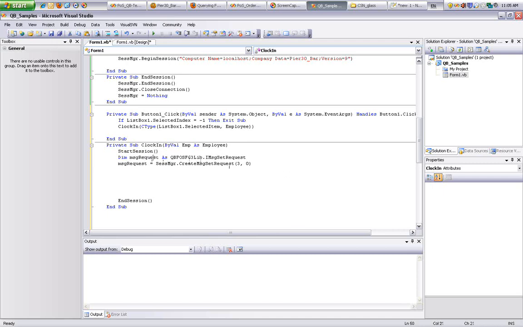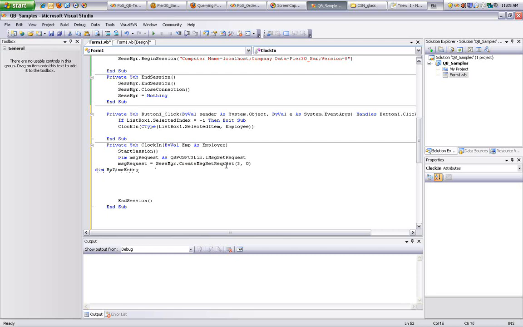Basically, here's the message request. Create a message request. I'm going to create the message, give it that stuff. I still got to create the actual query of what I'm doing, but in order to do that, I need to create what's called a time entry, an I time entry. The time entry, well, I'm adding an entry to the time log in QuickBooks. So I'm going to create this